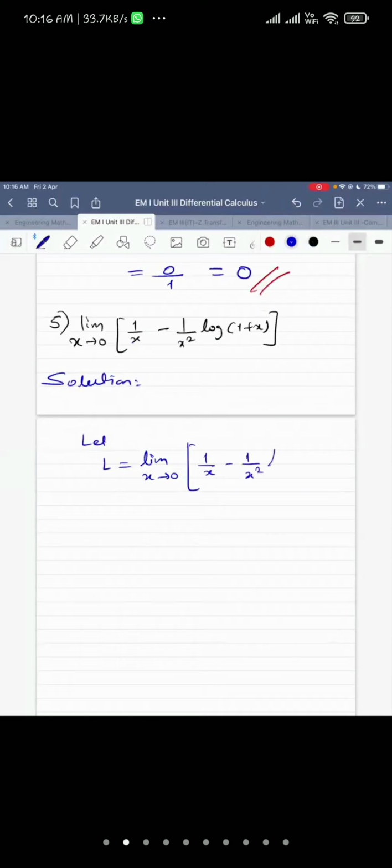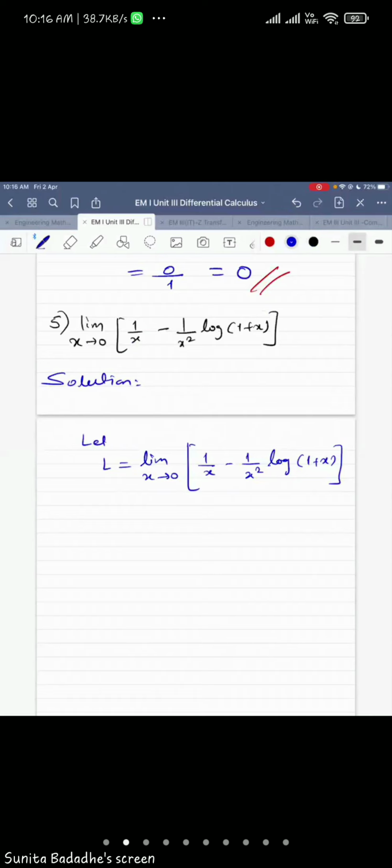See students, don't just look at the board. You write with me, solve with me, then only you will be comfortable at the time of exam. If you are unable to complete the solution, I'm going to share the answers, but write it with your own hands, right? Then only in today's evening exam you'll be able to solve any given question.